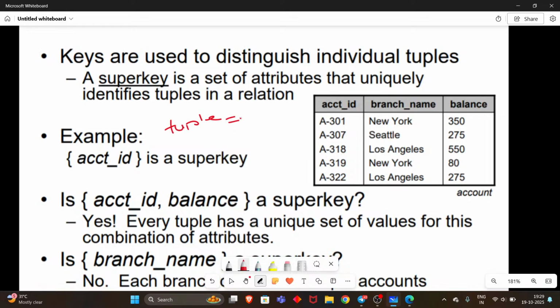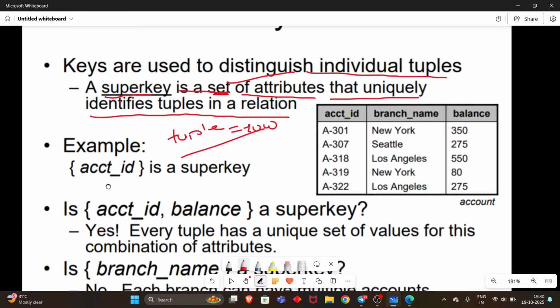What is a tuple? A tuple is a row. So keys are used to distinguish individual tuples. A super key is a set of attributes that uniquely identifies a tuple in a relation. Example,